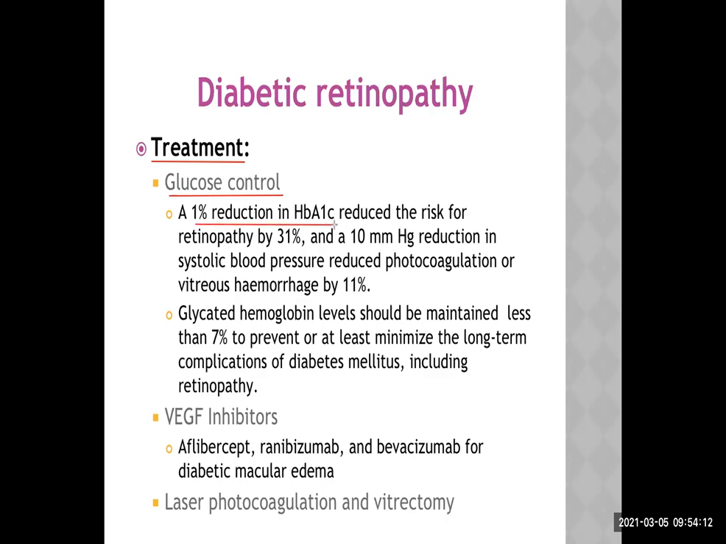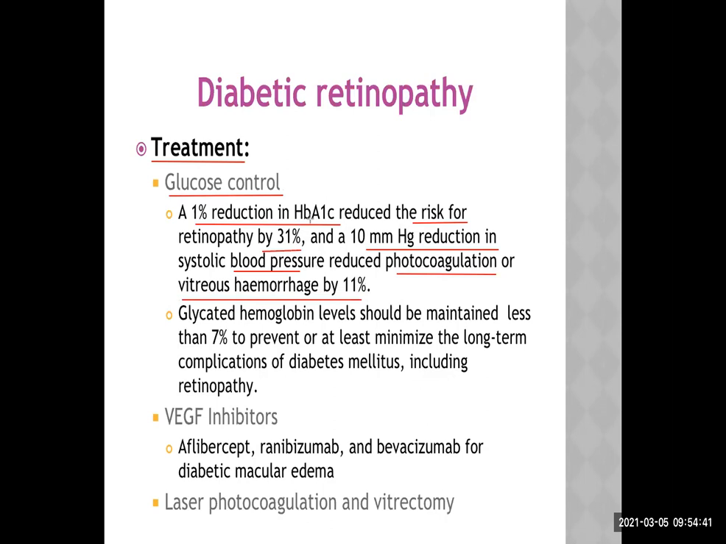A 1% reduction in hemoglobin A1C reduced the risk for retinopathy by 31%, and a 10 millimeter mercury reduction in systolic blood pressure reduced the photocoagulation or vitreous hemorrhage by 11%. This is excellent data found by different researchers, and it clearly tells us if sugar is tightly